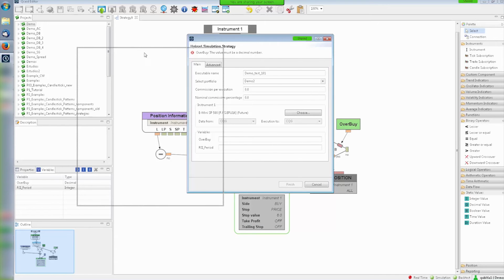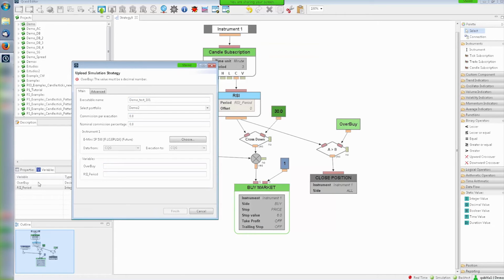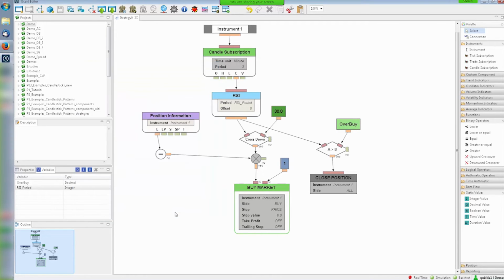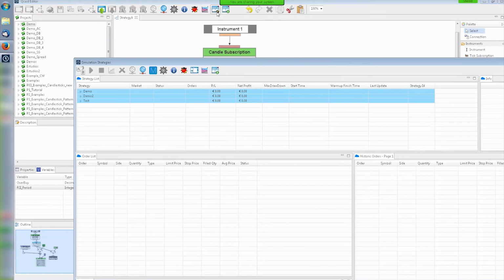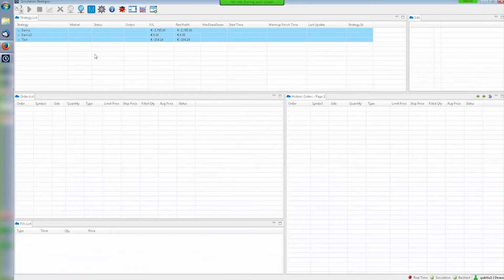And now we can set the optimal values of my variables, like for instance 60, 16. So now finish is enabled, and I send this to the server. So you don't need to worry about maintaining and updating a dedicated data server for execution, because we offer this as a service. To control this, we open the dedicated window here on the top again,